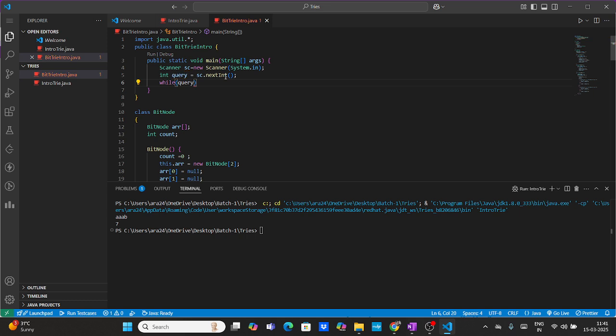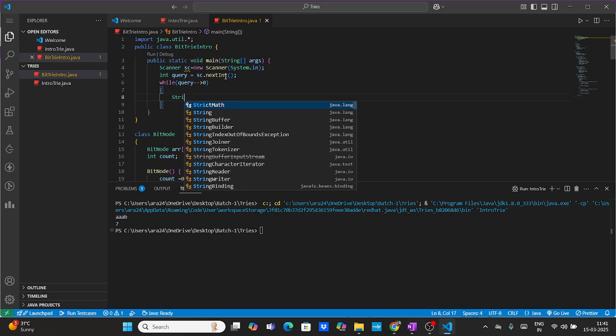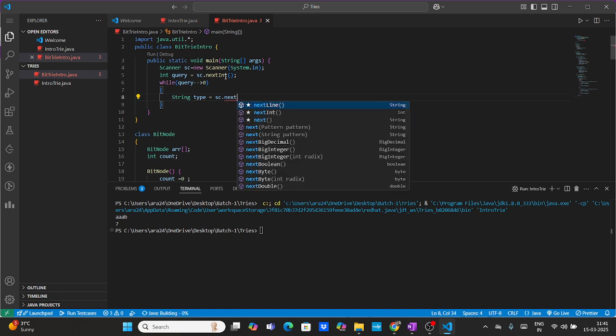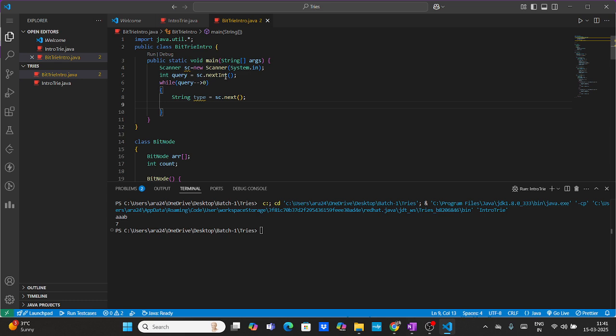While query minus. Okay. So what we have is a string type. It is add, remove, or whatever. So if type equals add,